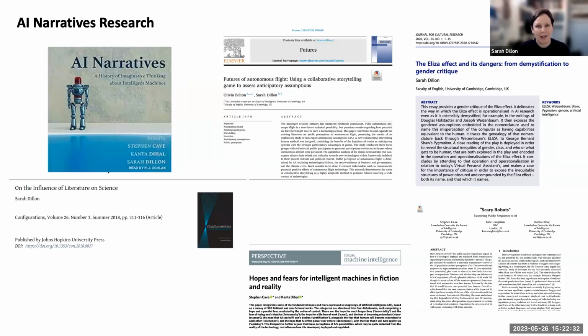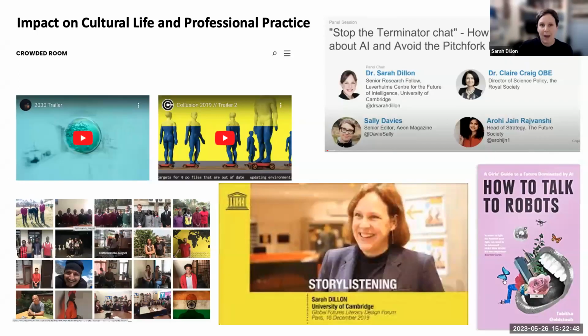So narrative was playing a slightly different role in that project, but circling around the same ideas about AI and technologies and public perception of them. So the consequence of all this research was a strong case that we made for the way in which narratives of AI have an influence on researchers themselves, on the development of the technology, on public policy making, on public